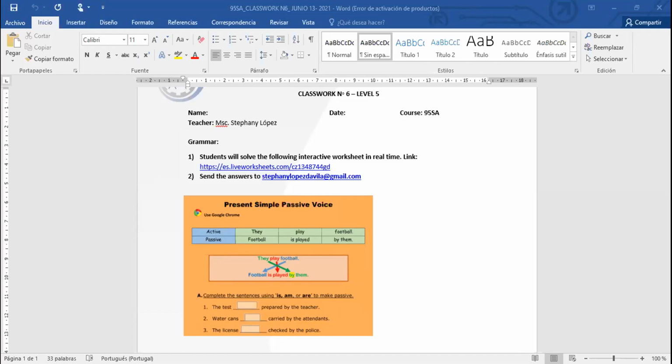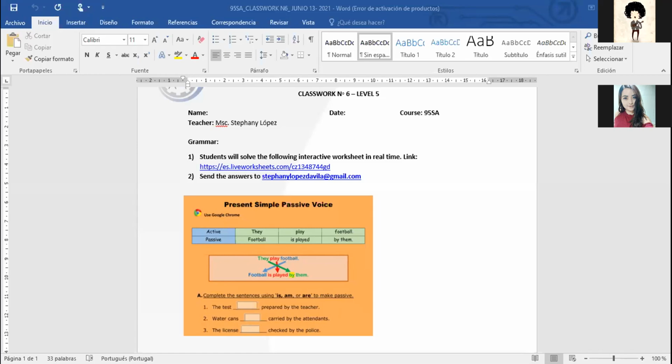What else do you have, guys? Your Cambridge platform. No se olviden de la plataforma de Cambridge. Okay, guys, don't forget to keep on completing the Cambridge platform. Up to next week, hasta la siguiente semana, ustedes ya deberían tener completa casi toda la unidad 3. Okay, so it means that